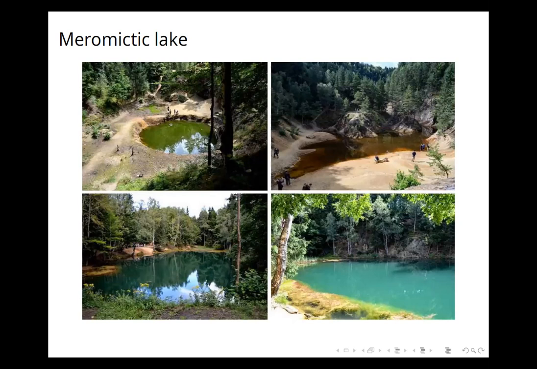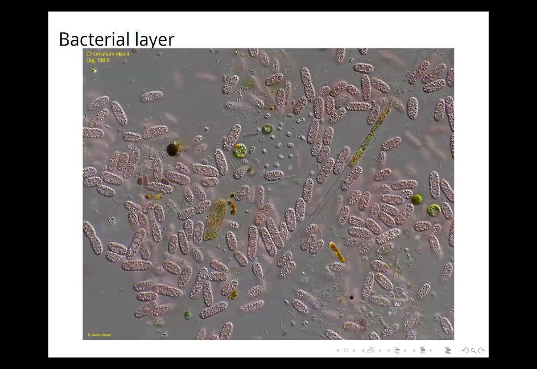The ones which don't intermix are called meromictic lakes, and as you can see, especially on this slide, they have some colored water which is not usually seen in rivers or oceans. The reason for this color is their inhabitants in the top warm layer of the lake. As you can see here, it's a bacterial layer that changes the color through refraction or reflection.